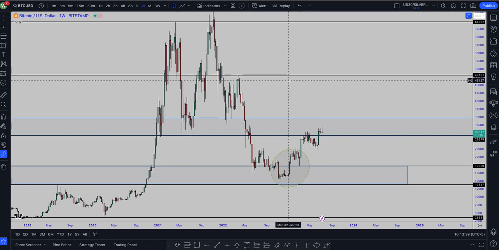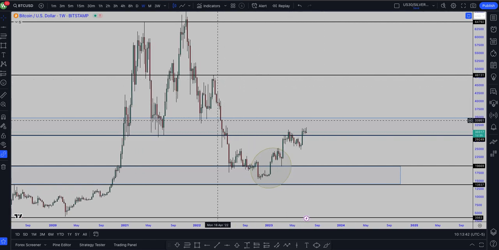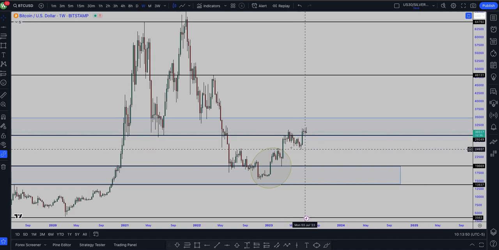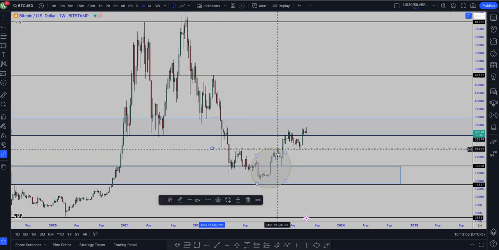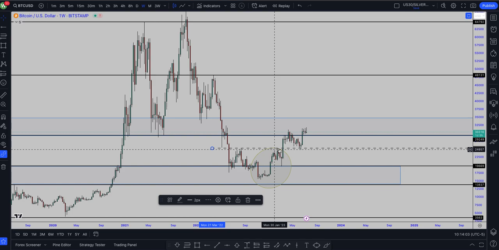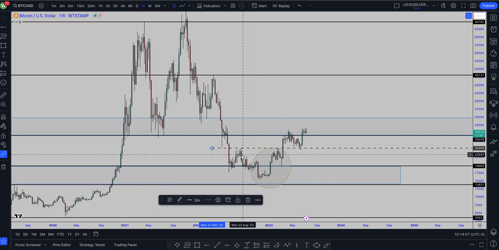So let's go back to it. So now we see on the weekly there's this level of resistance. So we see the market came in here, rejected it. We saw a little bit of pullback, which also correlates to a previous area of resistance that we saw here that got broken. So this used to be the area of resistance, right? So this area was an area of resistance which was at 25,000-ish. So at 25,000, that's also another key level